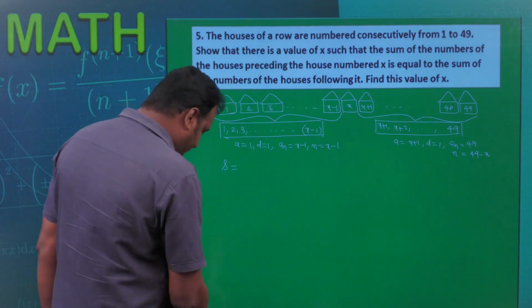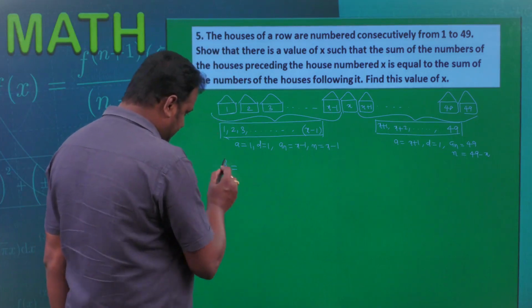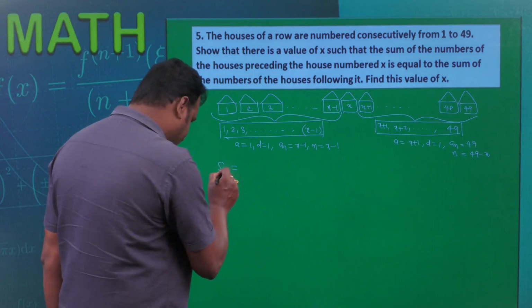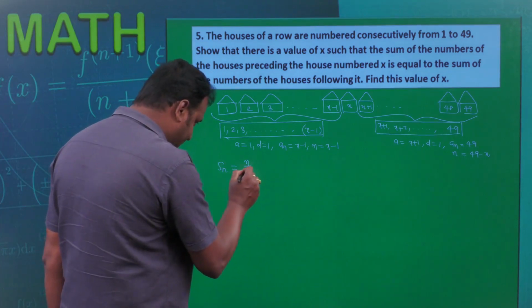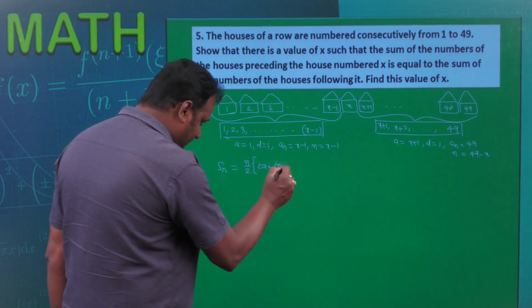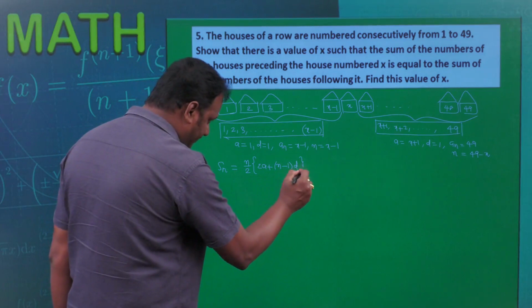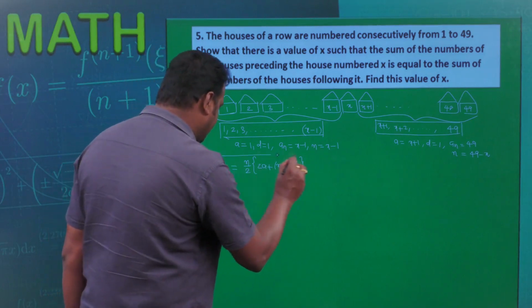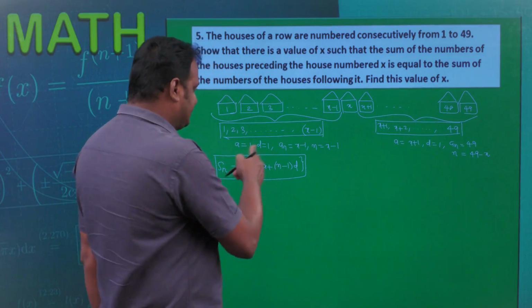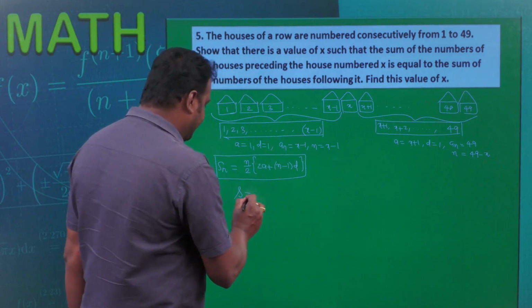So first I would like to write the formula for sum to n terms of arithmetic progression. Okay. So sum to n terms of arithmetic progression is n by 2 times 2a plus n minus 1 into d. Okay. So after writing the formula, because formula carries marks,